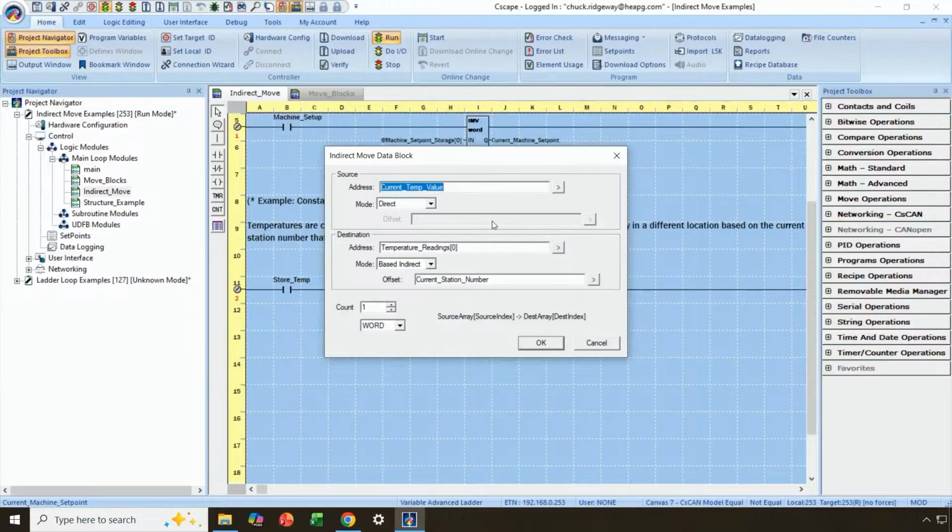Again, our source, we're always copying the same data, so it's direct, not indirect. It again is a simple variable. It could be from an array, it doesn't have to be a simple variable, but in this case, a simple variable works fine. So we're going to copy the current temperature, but where we copy it is going to vary. So that's indirect. We're going to copy it somewhere in this array,